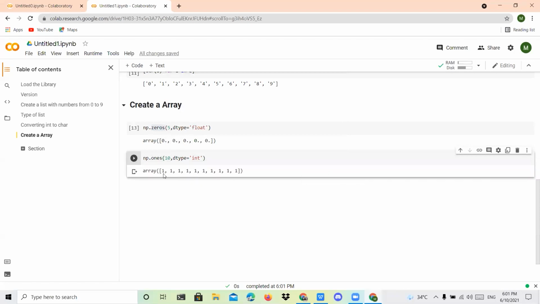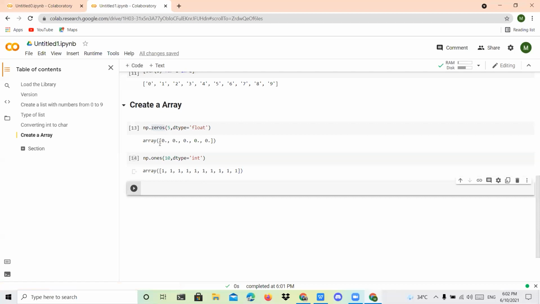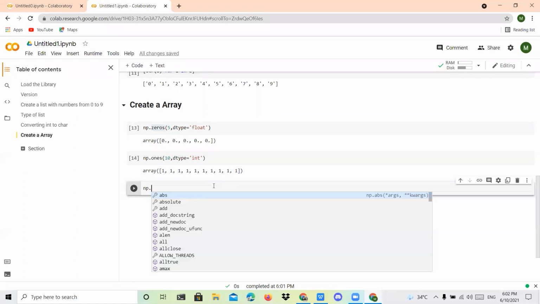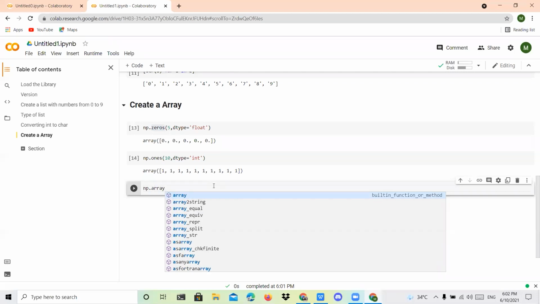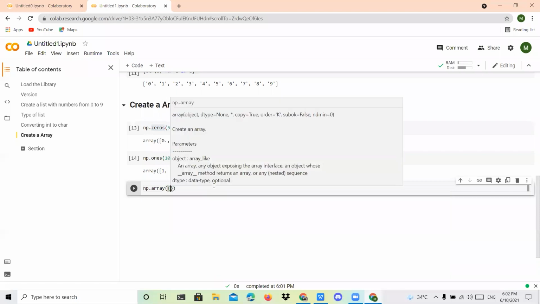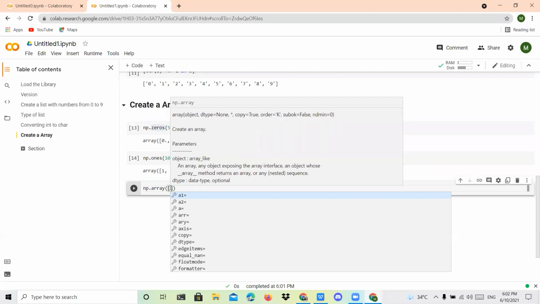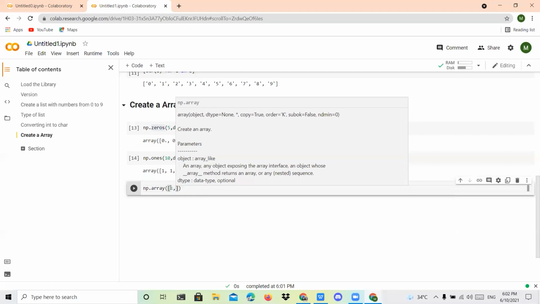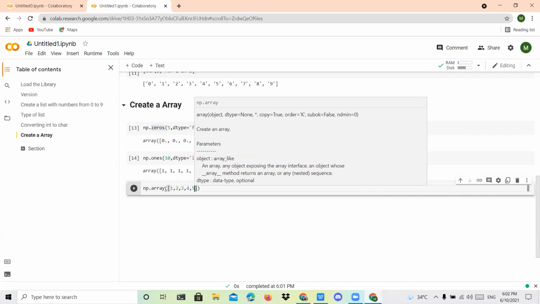Yes, it's printing. The size of the array is 10 and it's printed as ones in the array. Only these zeros and ones keywords are available that you can use like this. And one more thing in this particular format is that you can also define your own values. That is how we can define it. Use the library variable np.array, within that brackets, and after that you can use a square bracket. Within that I have to mention the values, suppose 1, 2, 3, 4 or 5.